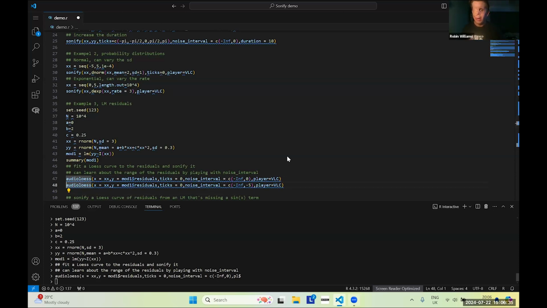If you want to experiment with the range of residuals or the range of your loess line, a handy thing to do is to play around with the specification of the noise interval. So in this line here, I've changed the noise interval to be between -infinity and -5 rather than -infinity and 0. So if we don't hear any white noise in this plot, then we know that the loess line never passes below the value of y equals -5. So if we listen again now,